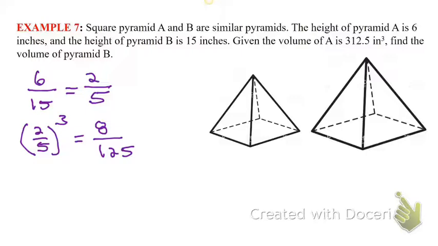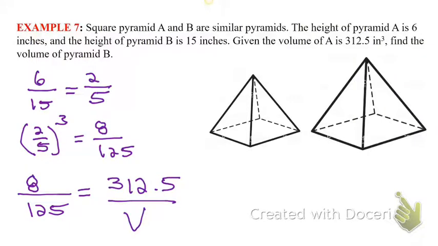See if you can set up the rest of the problem. Okay, we need to cube that. So we get 8 over 125 is equal to 312.5 over V. We found the ratio of the volumes, and now we're setting it equal to the ratio of